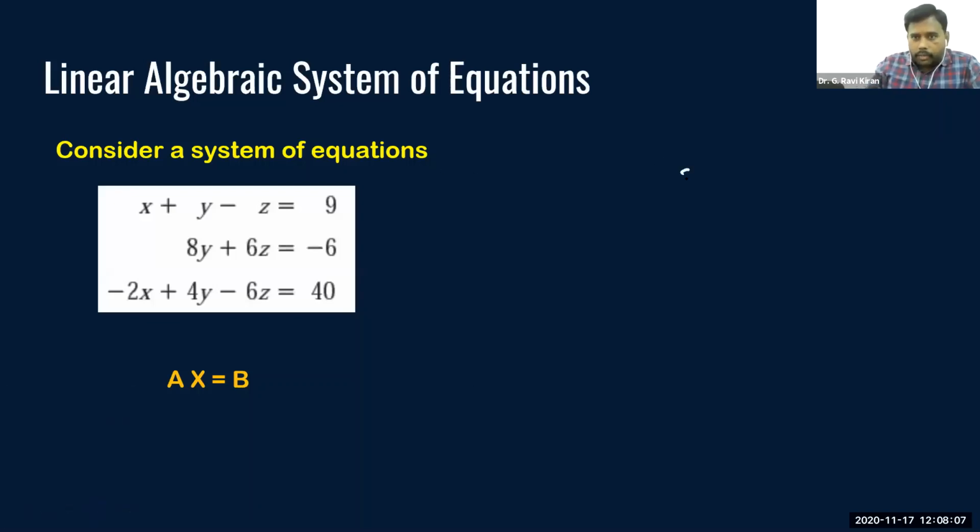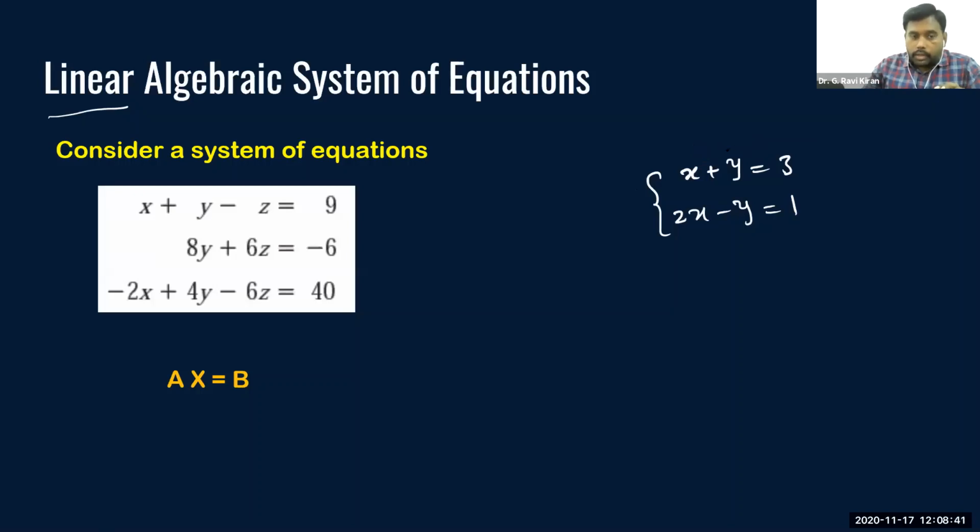For example, if you are given something like this, x plus y is equal to 3. It's an equation which involves two variables. Now if you are given two equations of this kind, then we call this group of equations a system. We are particularly taking linear systems of equations. What do you mean by linear system? When the degree of these unknowns is 1, you call them a linear system.